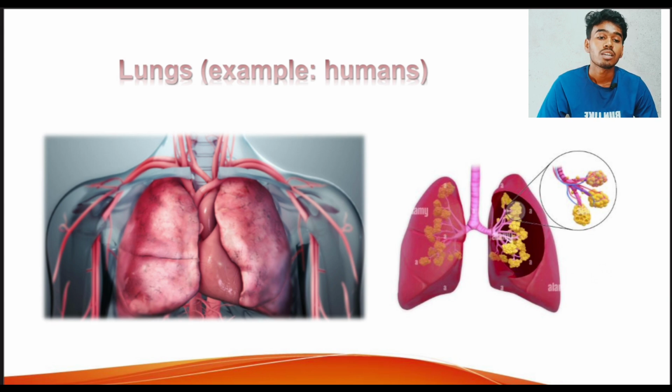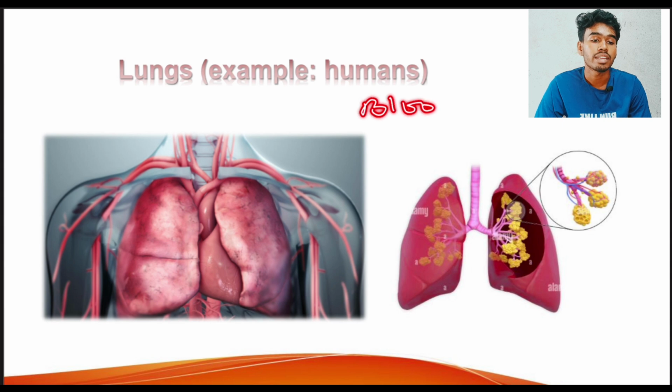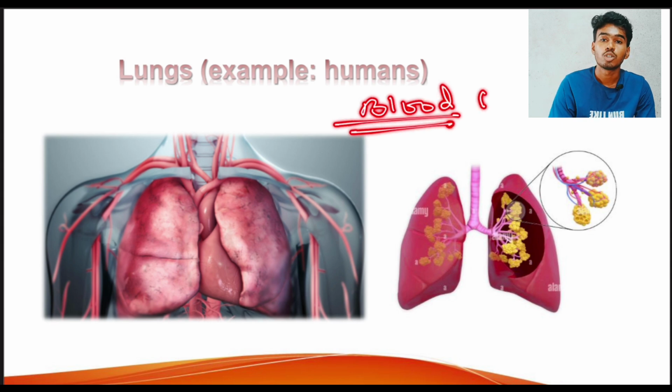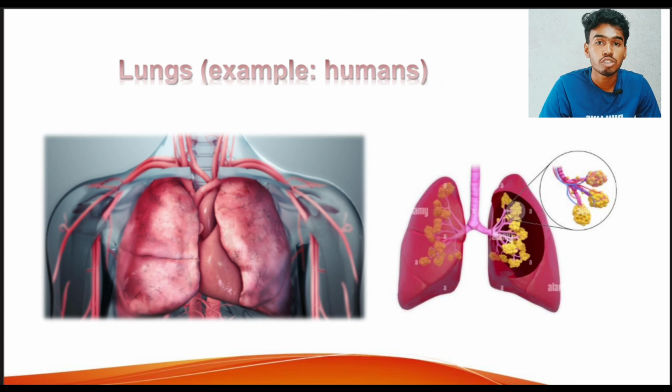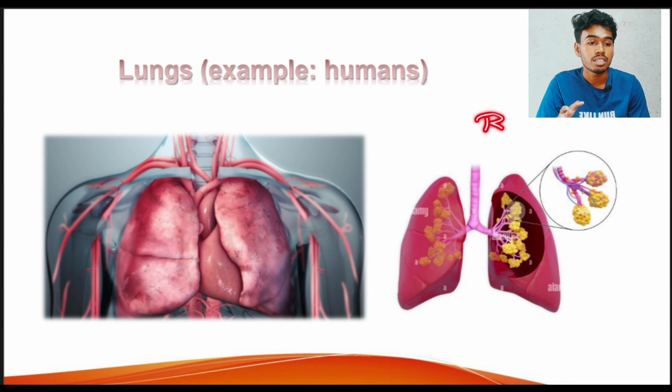In this system, the blood plays a very crucial role. The blood of humans and animals plays a very crucial role in respiration. Why? Because it binds the oxygen molecule with hemoglobin. Hemoglobin is the pigment present in the blood, which gives the red color to our blood. So oxygen binds to the hemoglobin pigment, which is present in RBCs. The oxygen is bound in the lungs through the alveolar sacs,